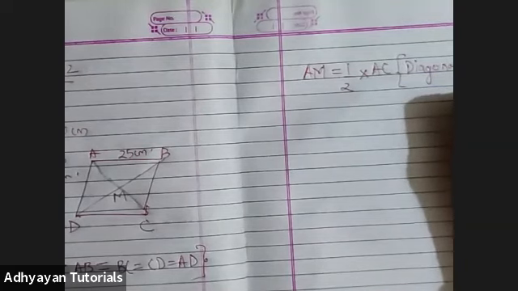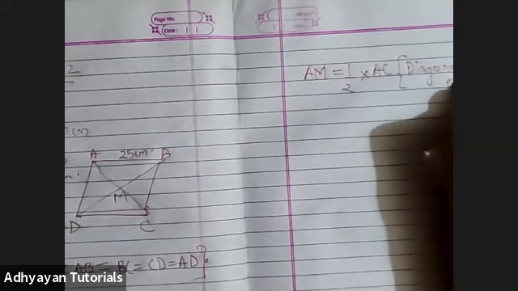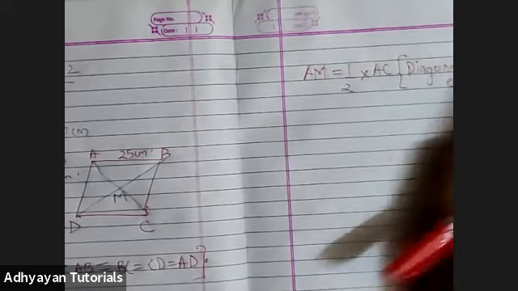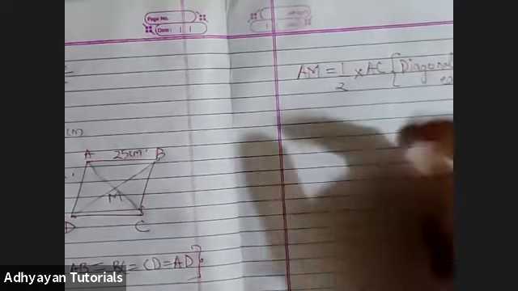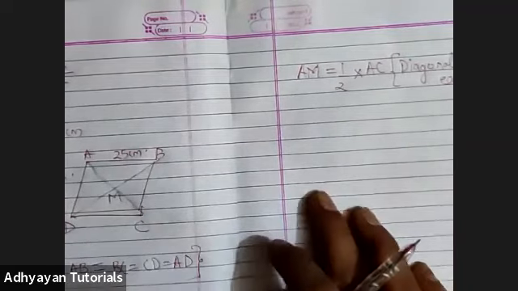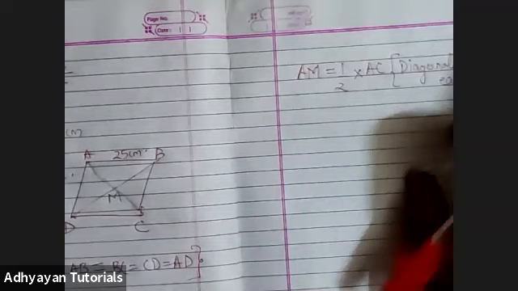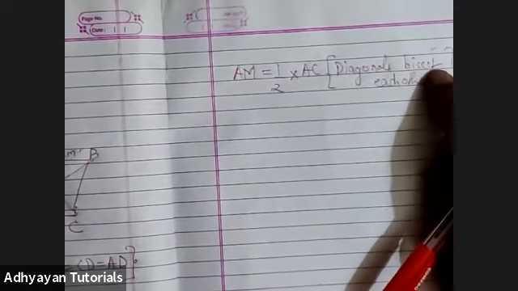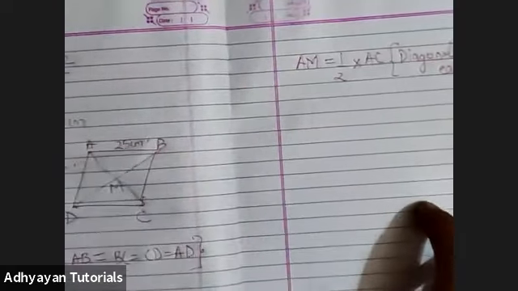Diagonals bisect each other, right? I know the further part is not visible, but I hope you can hear me. I want you all to refer to the figure as well. I'll show it to you later when you will be copying. Diagonals bisect each other. See, I haven't used the word perpendicular on purpose, because here I did not use the perpendicular property, I used the bisect property, right?